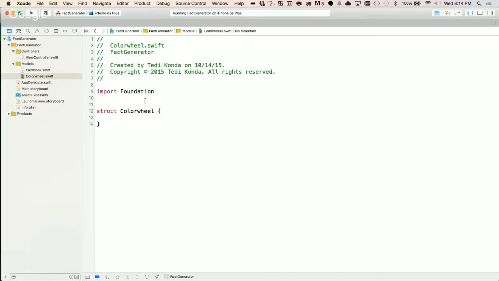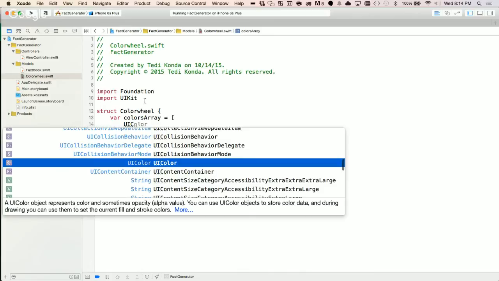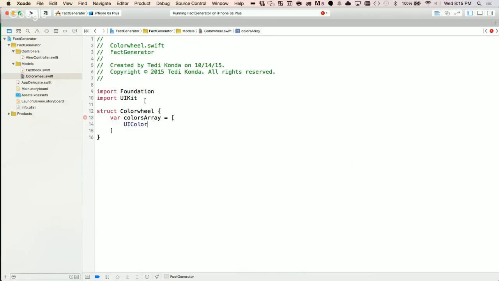You import UIKit. Nice. You create an array inside your constructor. So we'll call this colorsArray. You want to make each element an instance of UIColor. And then we'll go with